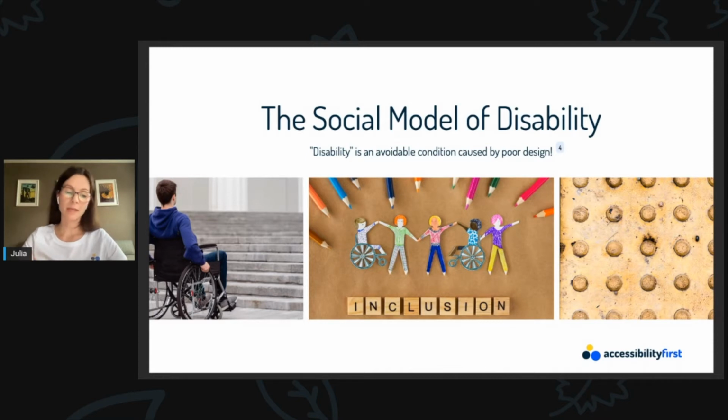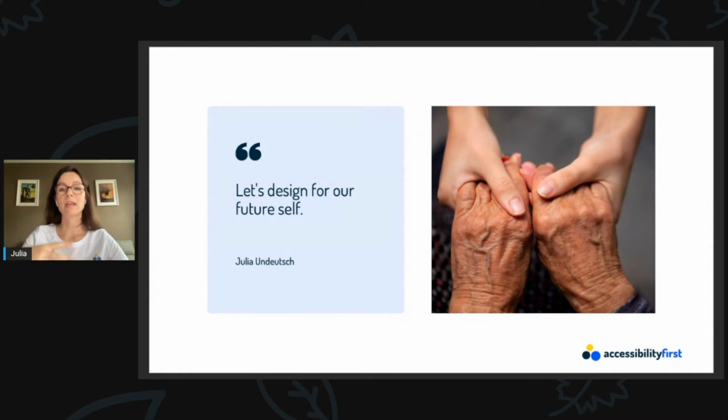Accessibility also impacts elderly users, such as those who experience vision loss and need higher contrast or a larger font, those who have difficulty hearing, or those who struggle with motor function. We live in a society where there are more elderly people than ever before, and the trend is upwards. And aside from the fact that we are all hopefully getting older, we can get a disability at any time.